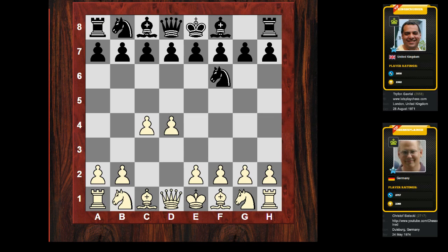now after c4, g6. It's kind of interesting, I think, because Gelfand's match strategy seems to be to press on a very, very solid basis with white, those kind of Slavs with e3 and these little things, which really led to a win in the last game. And with black he really plays dynamic openings. He plays here the Grünfeld, he played the Sveshnikov and the kind of sharp stuff, in contrast to what he often also plays, stuff like the Petrov, or he plays the Slav as well, but in this match he went for the Grünfeld and other dynamic openings, and Anand sticks with f3 here, the move he already played in game 3,